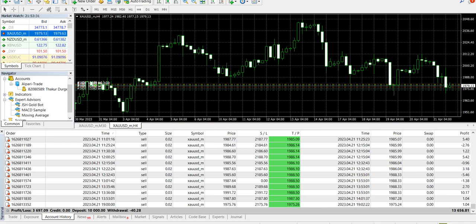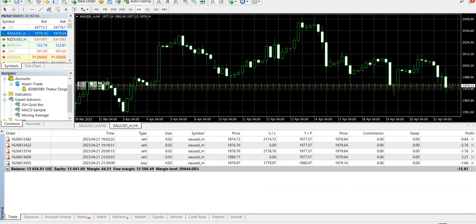But yes, the EA has sustained, and this expert advisor is specifically made on gold and how the gold patterns and how the gold behaves, and that is the reason. We were sure that it would hit the TP, but still it took a longer time this time, right? So that's pretty much it, guys. We have made almost 37%, and if you see the running trades, there are 4 sell trades and 1 buy trade,